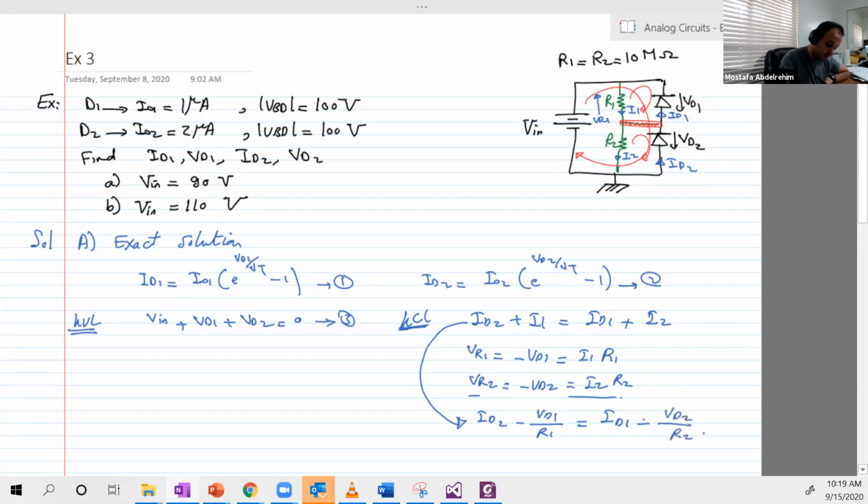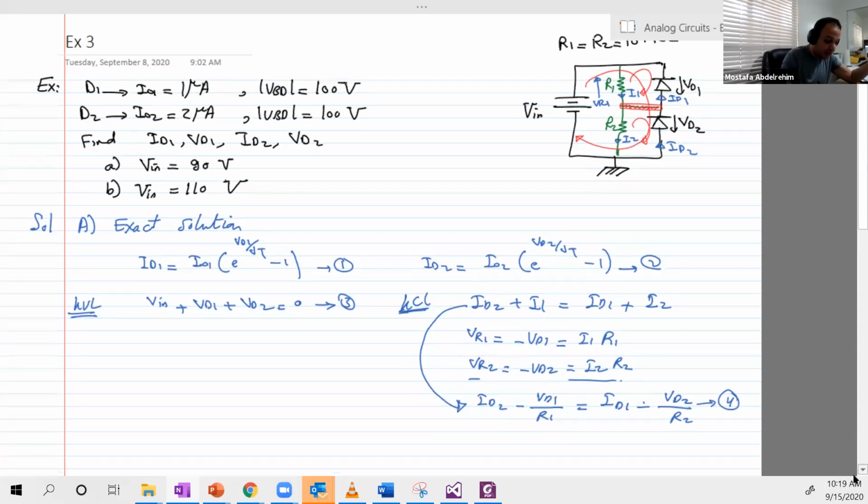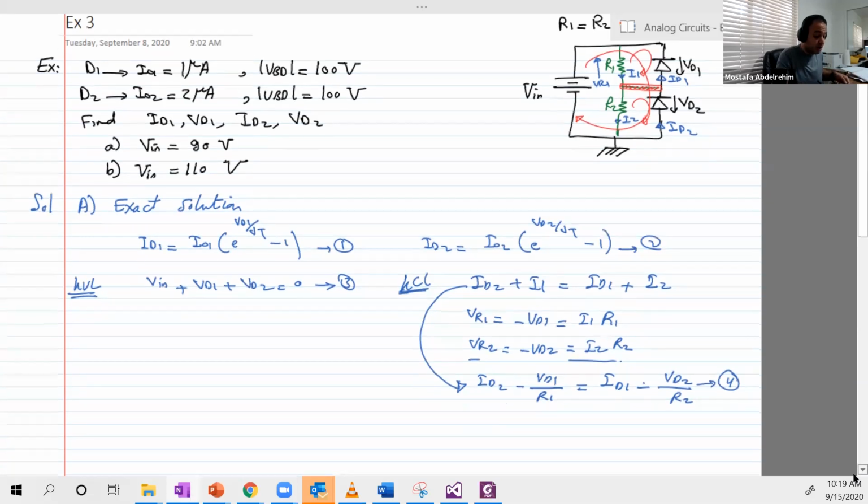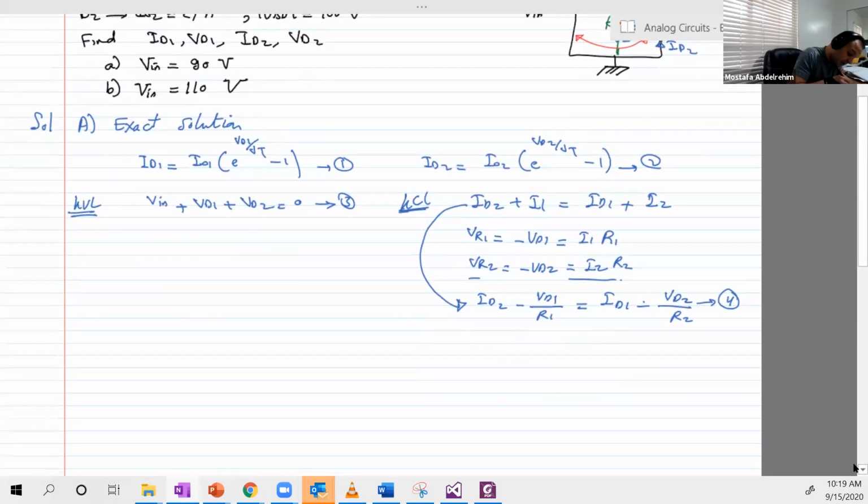So this is our fourth equation, and that's it. Okay, so we have 4 equations, then go to MATLAB or do it by hand. It will take time, but you can solve it. But we will not do that